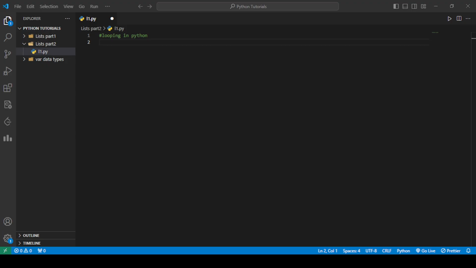Or if you have a web page, you would want to display each headline from a list of articles. So to do the same action with every item in a list, you need to use a for loop in Python. A general idea for this, which I could think of, is a list of magicians,